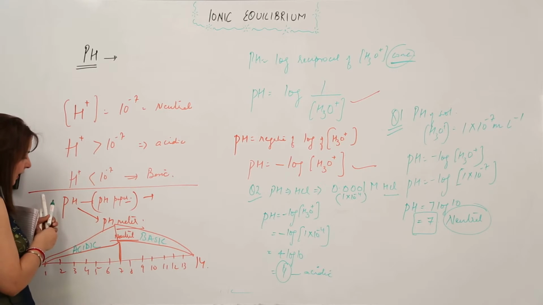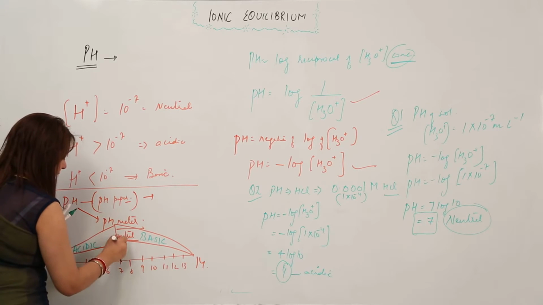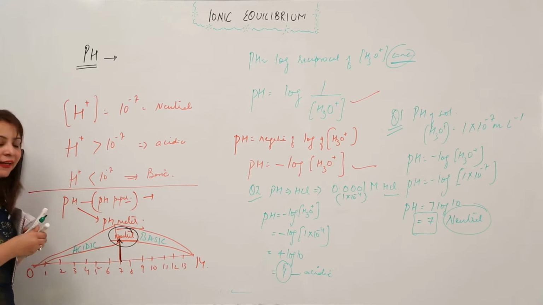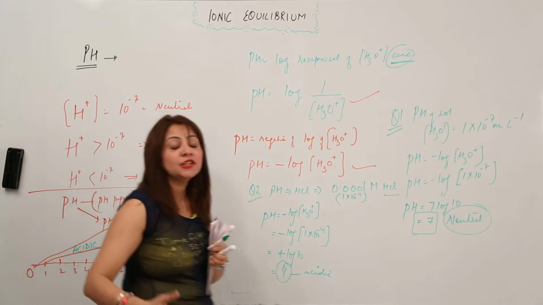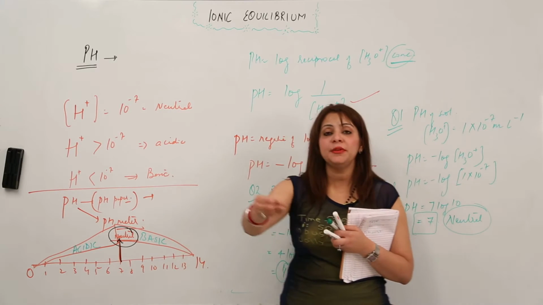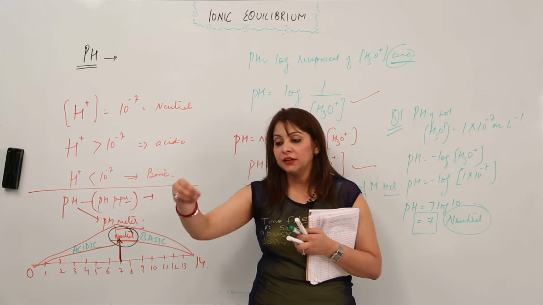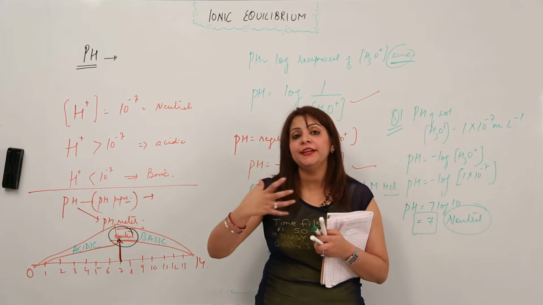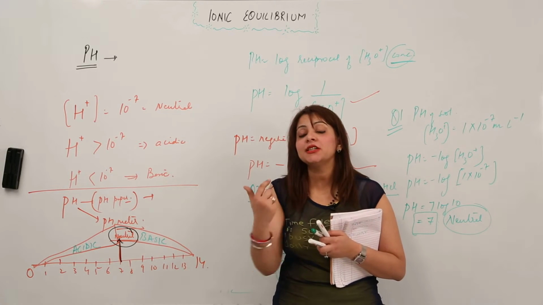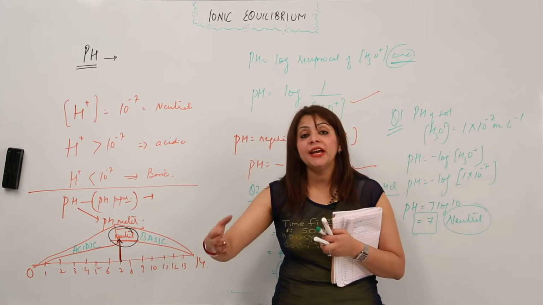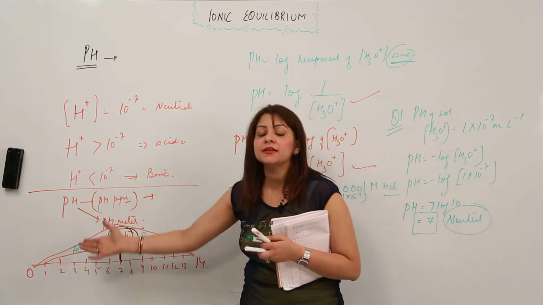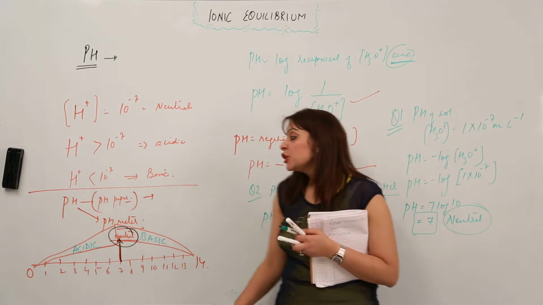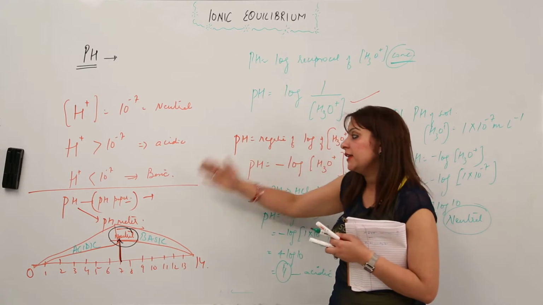Right? And this is neutral. So this is how the scale gives us the information. We just dip that electronic scale into a sample for which we have to calculate the pH, and it automatically records the value. By just looking at the value, whether it is 7, 8, or 9, we can tell whether it is acidic, basic or neutral, right? So this is how we get the pH.